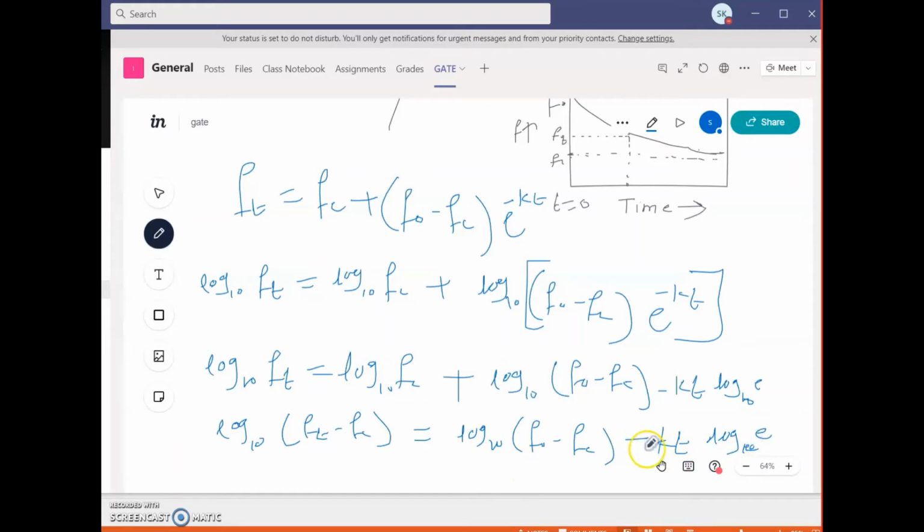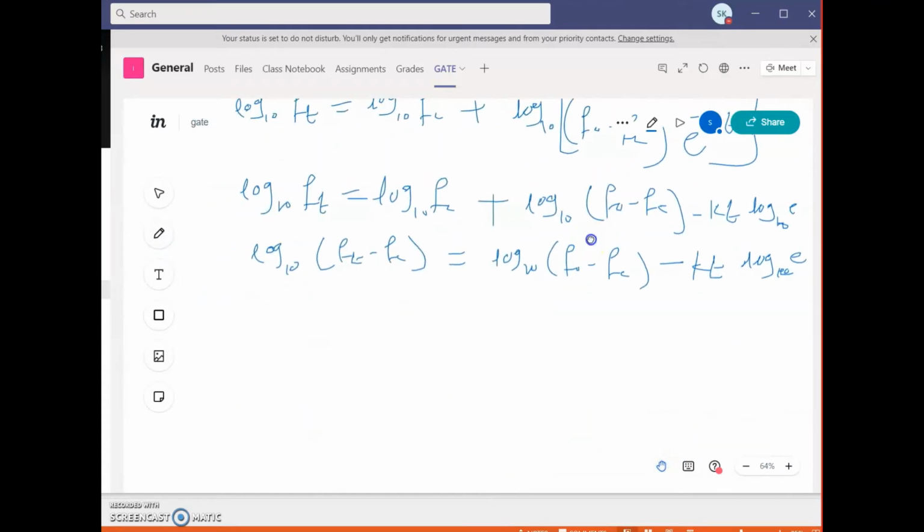Then we will solve again. Like you can observe here,